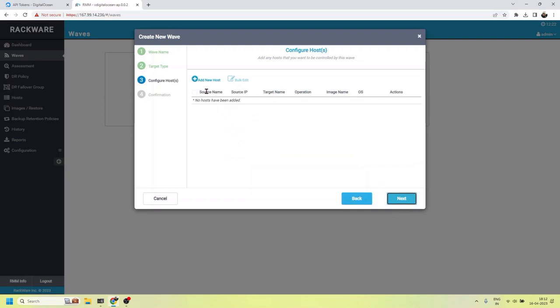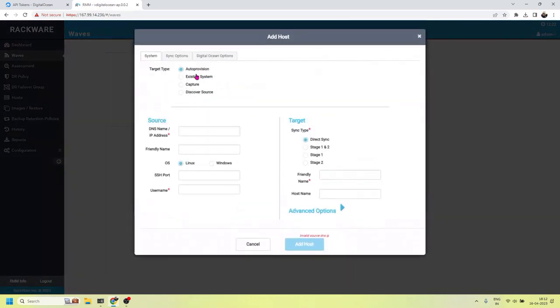The next step is just to add the servers into the RackWare wave, which need to be migrated from the production environment. So I'll click on add host. In my case, my server is sitting in my DMZ environment, which I would like to migrate to DigitalOcean cloud. So before adding the server here, the end user needs to make sure that the prerequisites are met on the